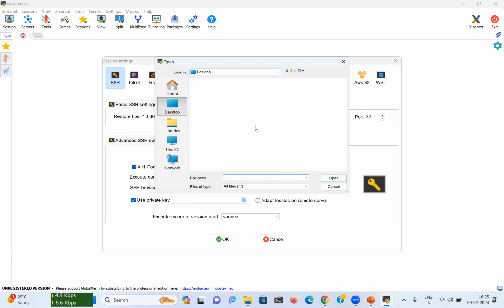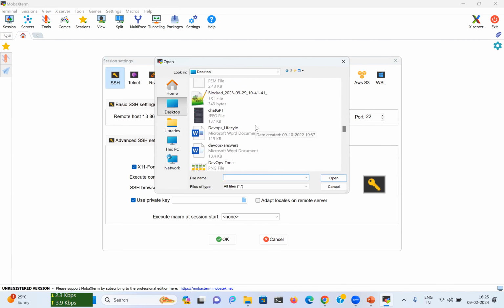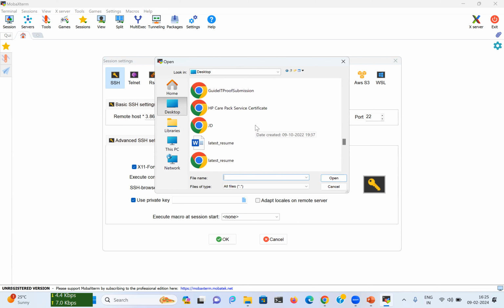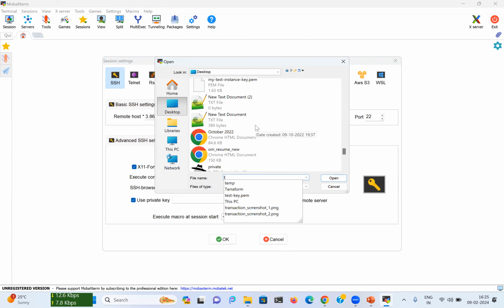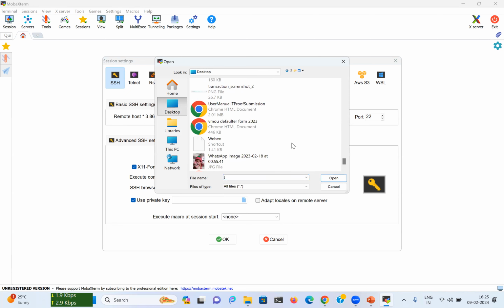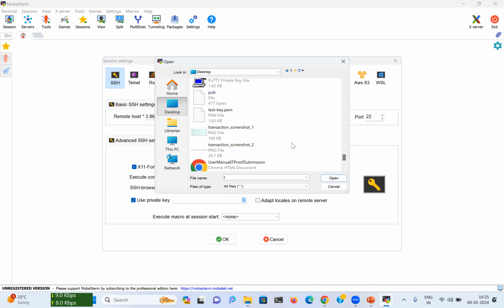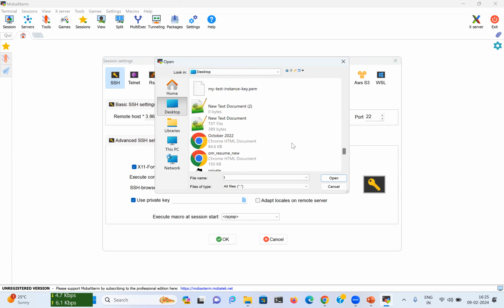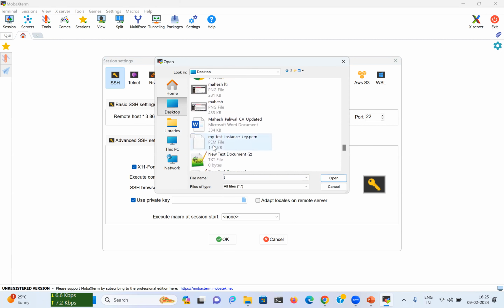So I will go to my desktop and find that key. Yeah, this is my test instance key.ppk.